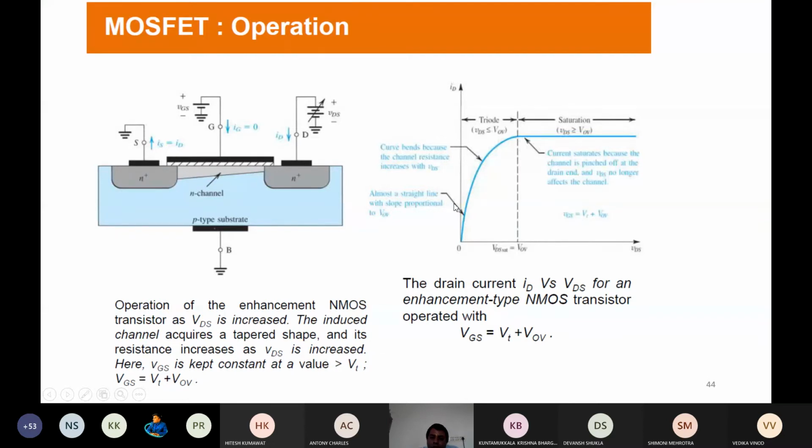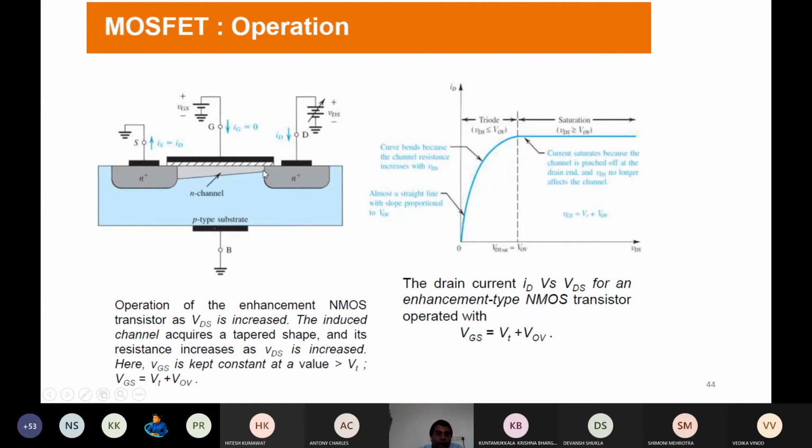One region is linear, and if you further increase VDS, the resistance increases, so some bending of the graph starts. And when VDS is equal to VGS minus VT, then pinch off of the channel starts. Pinch off means the channel, which initially reached from here to here properly,